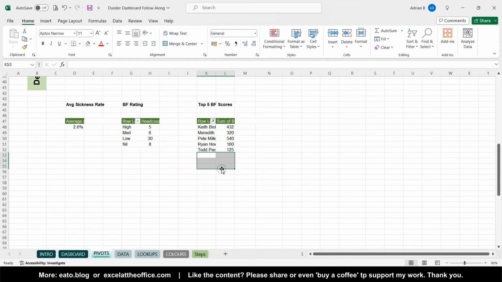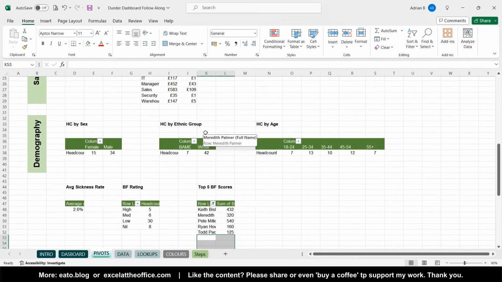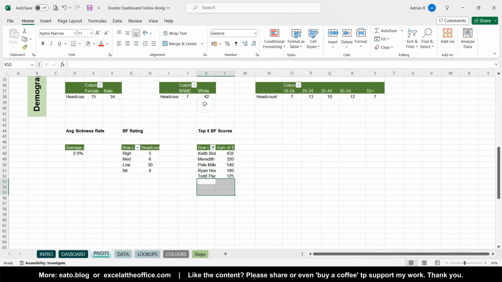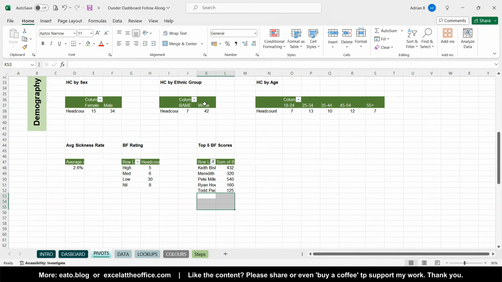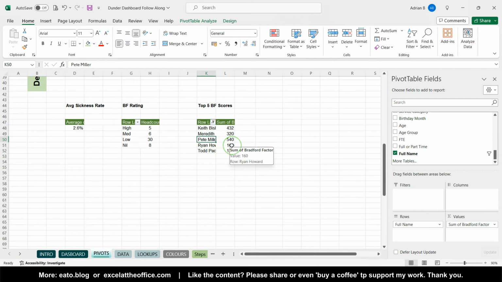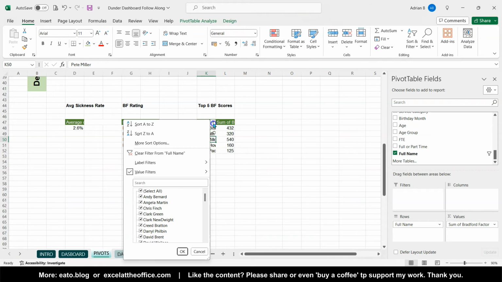So that's when you're doing individuals like that, that's when it's useful to make sure you add padding between your pivot tables. In this case it is just the top 5, there's no equal 5th top spot. However, it's not in order from highest to lowest, so again I need to go to my